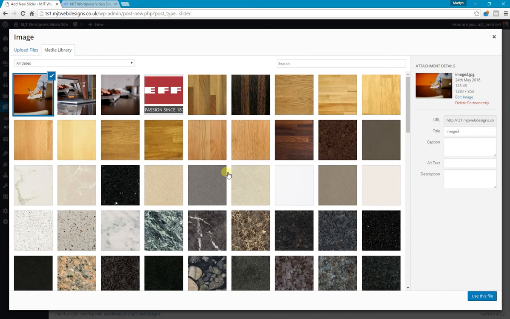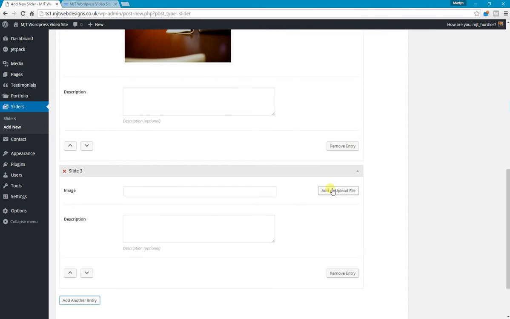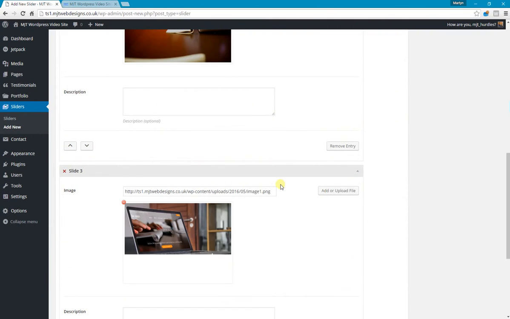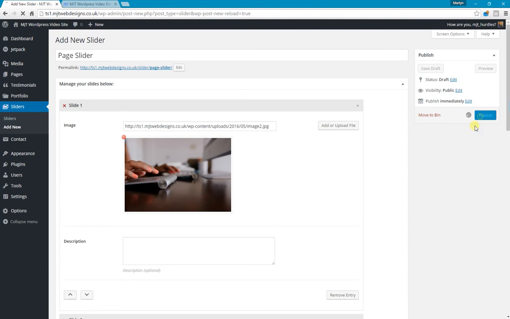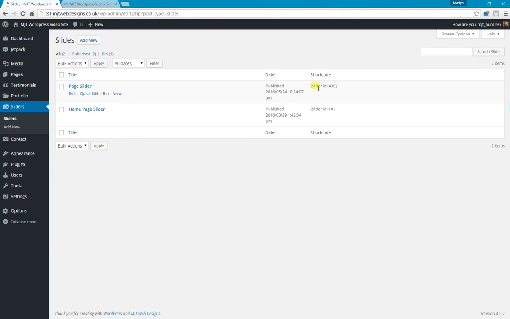Okay, there they are. So if I click use this file, add another one, and I use it. 3 images, that'll do. If I publish that slider and then click back onto Sliders on the left, what that does is gives me a shortcode which I can copy and I can use on any page I want. So if I want to copy that onto my About Us page, if I highlight the whole of that shortcode and copy,